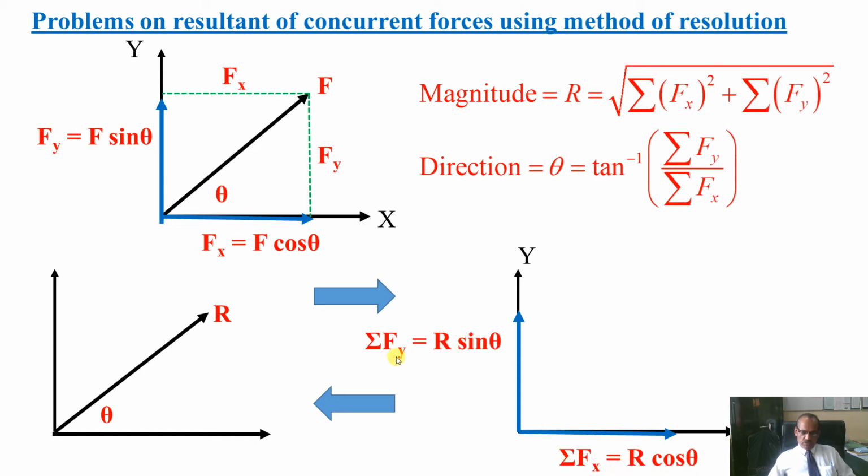This summation I am using because we may get a number of forces. Now I have taken a single force, but suppose there are two forces, then we have to resolve those two forces and calculate the total summation of forces along the x-axis and the total summation of forces along the y-axis, and then find out the resultant as well as the direction. Okay. The next is,